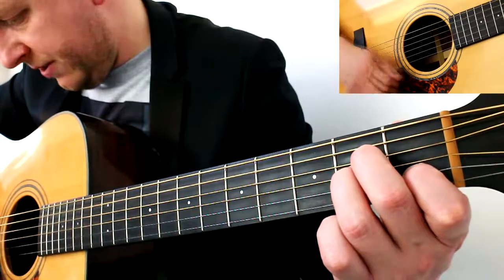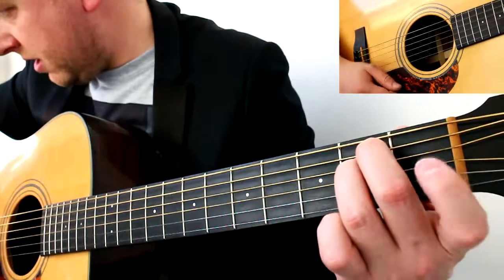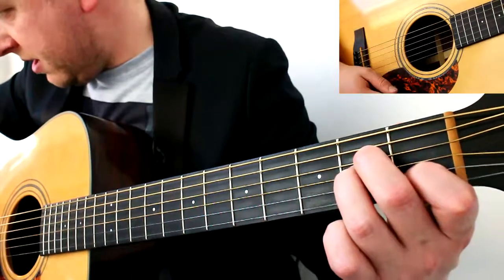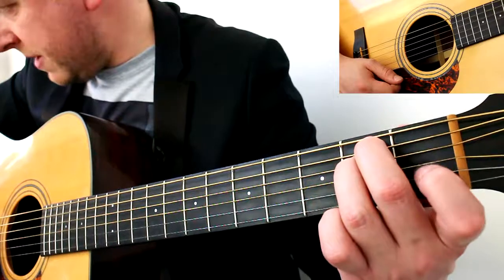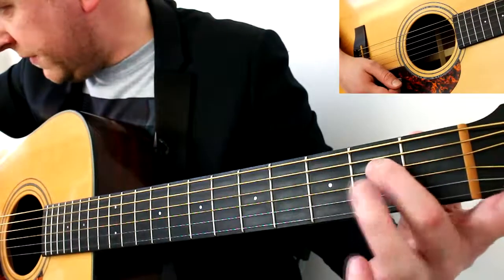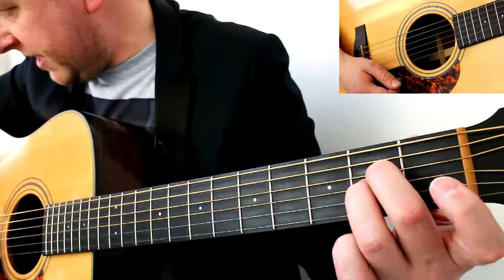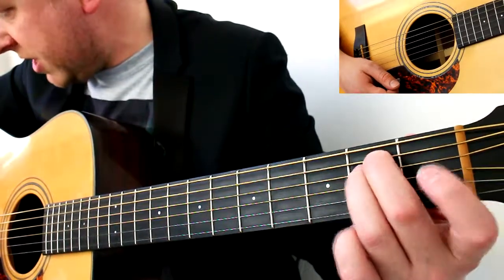So what I'd like you to do now is do some changing of chords. The A minor, E minor, A minor, E minor. So going back to A minor is easy from E minor. You just move this middle and ring wedge down, preferably not lifting up and going like this. Okay, what we want to be doing is lifting up the index and moving this little shape across,